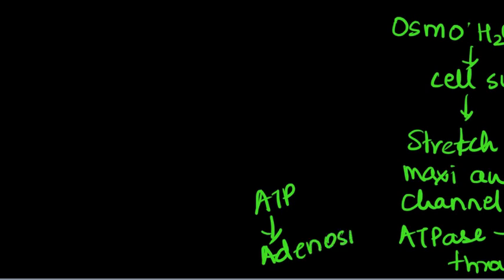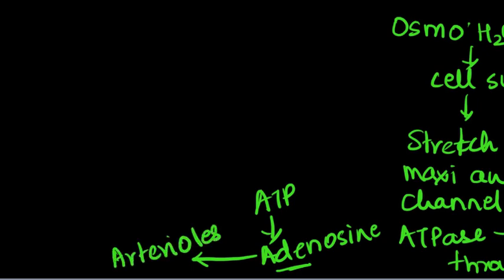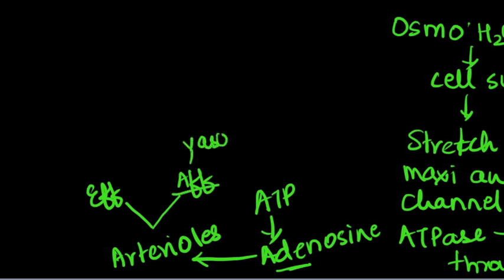That's a very common thing, because ATP is adenosine triphosphate, so the triphosphate part is removed and you have the adenosine remaining. Now this adenosine will go and act on the arterioles. It acts very selectively on the arterioles because it wants to reduce the blood flow but not cause ischemia to that extent. So it acts on the afferent arteriole as well as the efferent arteriole. In the afferent arteriole it will cause vasoconstriction,